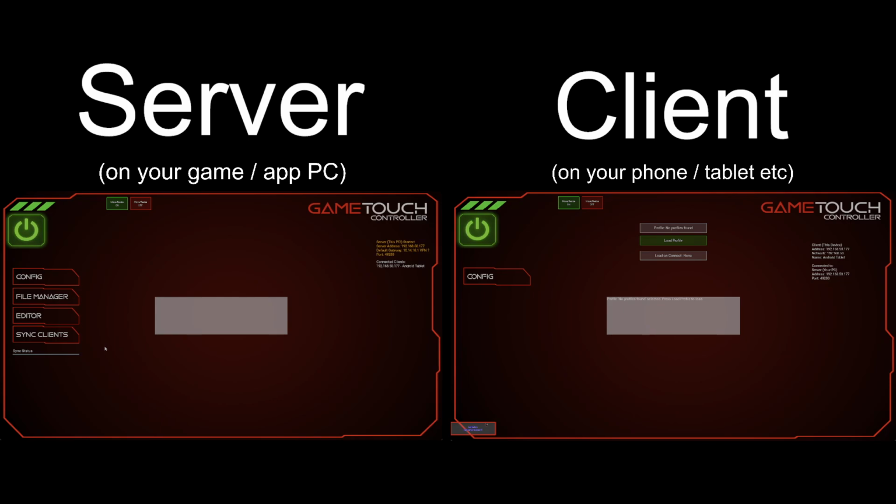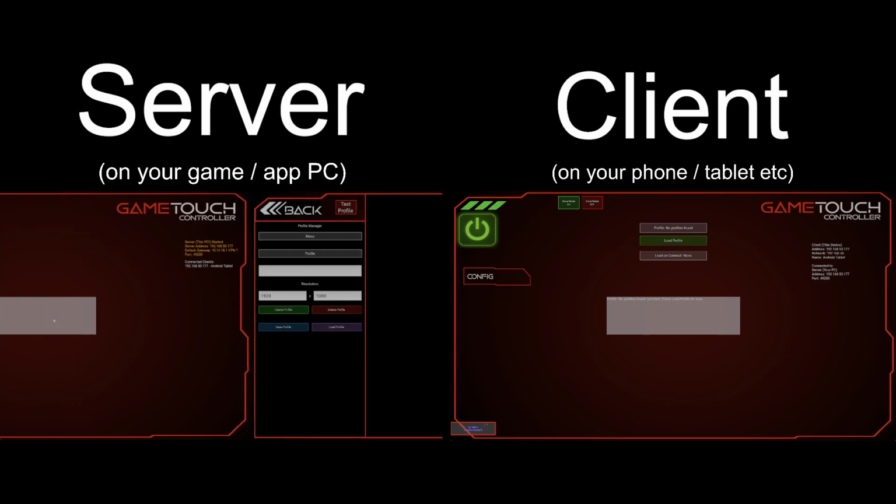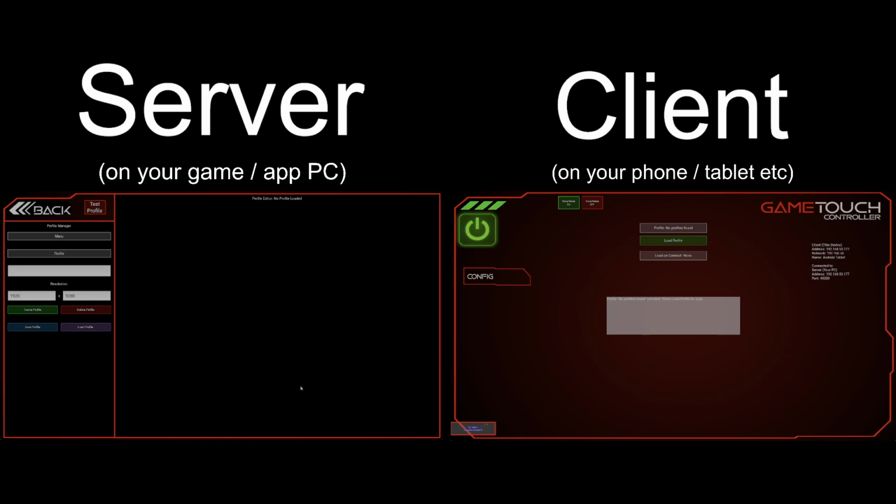And now, how do we go about doing the profile creation? How do we modify buttons that we just want to make changes to? I'll go through that now. For the users that just want to load the profile that comes with the tablet and play the space sim or whatever, that will all still be there, and largely for them this will be completely unchanged. But if they want to edit that and change a few things, then this is what that will look like. So now on the server we have this editor,